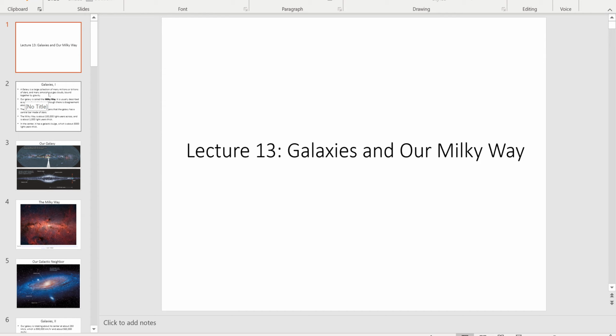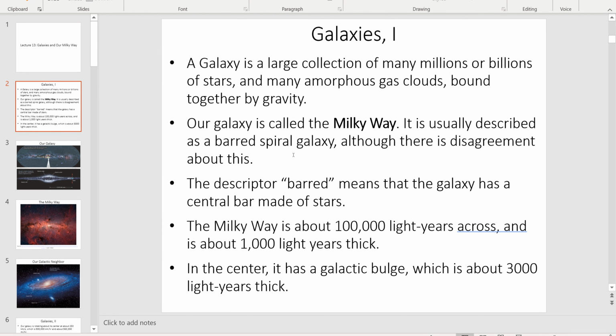A galaxy is a large collection of stars, and by large we mean on the order of hundreds of billions of stars, typically, although some galaxies are smaller than that. Galaxies contain other things as well. If you were to look at a galaxy through a telescope, you would notice stars in particular, since stars shine. But there's other stuff you would notice if you looked more carefully. There are gas and dust clouds that are bound together by gravity, and there are other smaller bodies contained within the galaxy that would be harder to see.